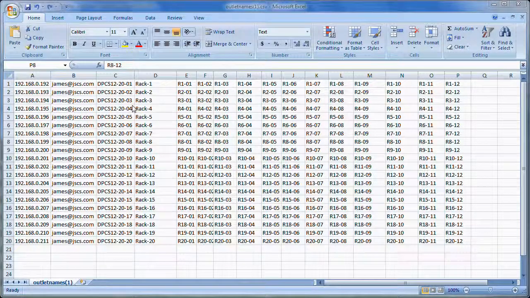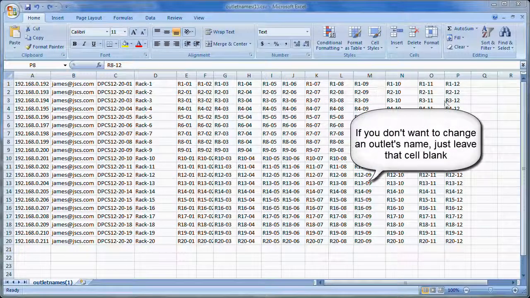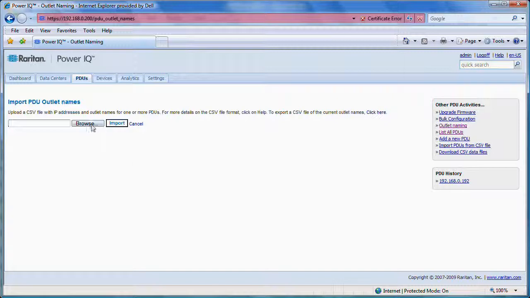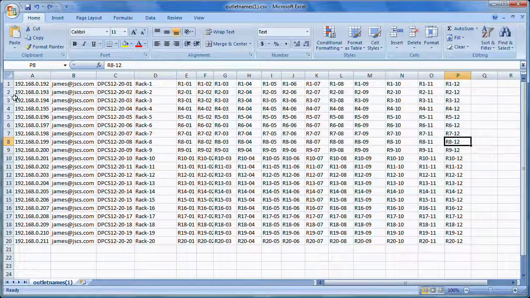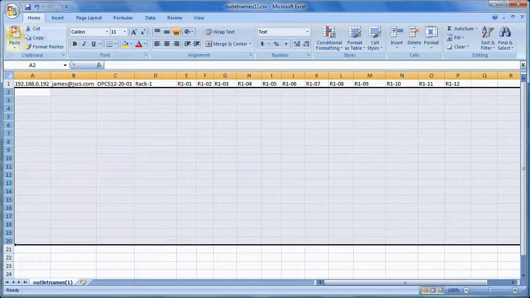So now that we've created our comma-separated value file with all the correct outlet names, what we would do is go into Power IQ and browse to that comma-separated value file and click on Import. Now the one we just created has 20 PDUs. I only have one PDU in Power IQ, so if I tried to import that, I would just get an error. So what I need to do, so that I can demonstrate this for you, is just go ahead and delete the other 19, save that file,